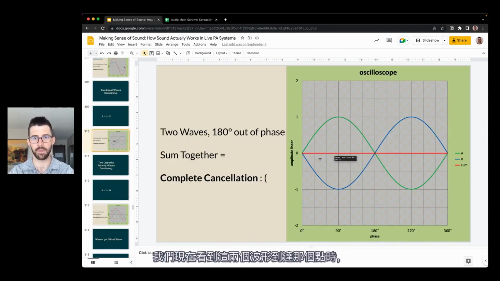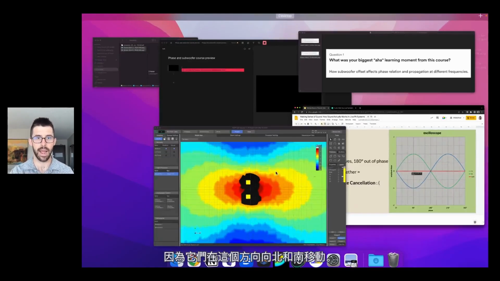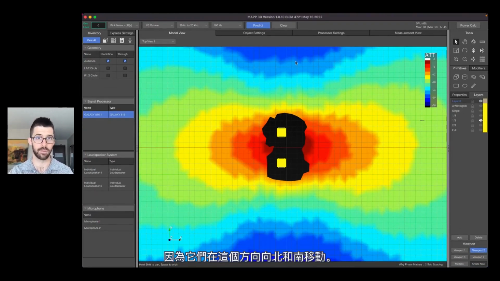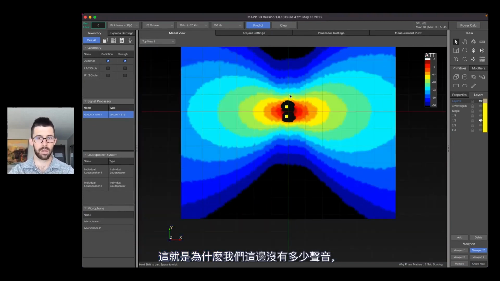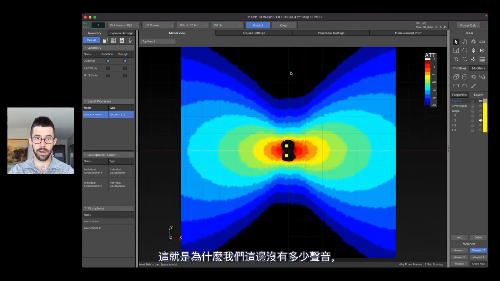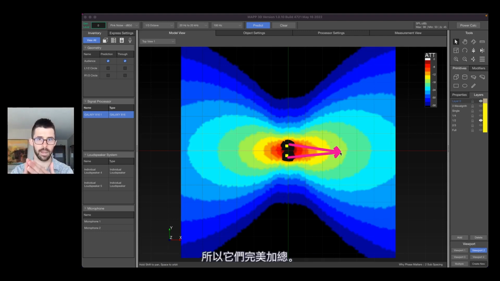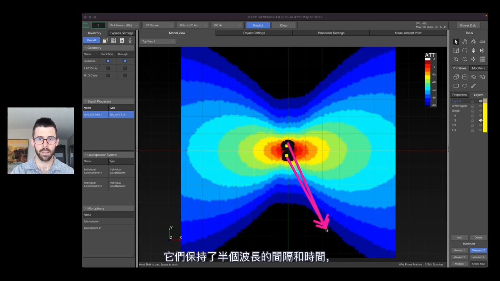These two waves, when they arrive at that point, are now canceling each other out as they're moving north and south in this direction. So that's why we have not much sound going this way, but they are summing this way, because when they arrive here and here, they are at the same point in their phase cycle. So they sum together perfectly, and they are gradually offset in time as we move off over this way. And then by the time they're moving here and here, they maintain that half wavelength spacing in time